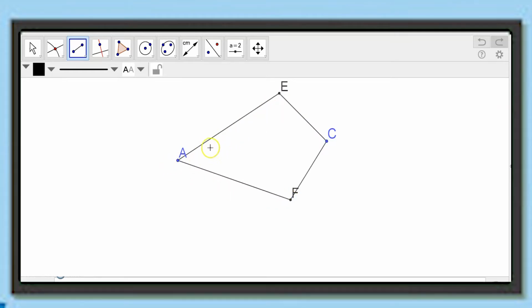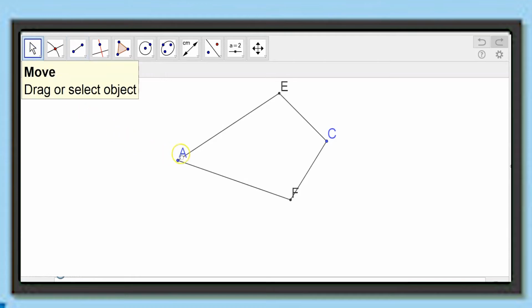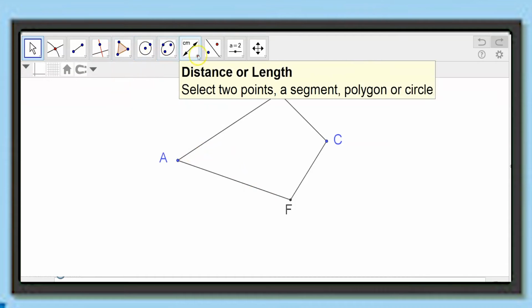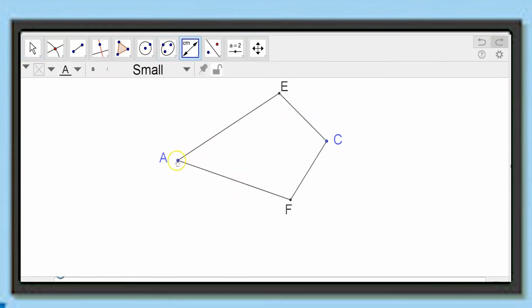Now this quadrilateral that I have just constructed resembles one of the quadrilaterals that you have very frequently seen. Can you guess? Yes, you are right. This is resembling a kite. Now let us try to understand the attributes of this kite. So for which I go and measure the sides. So let me measure side AE first, which is 9.25, AF 9.25. So the adjacent sides AE and AF are equal because they have a common vertex A.